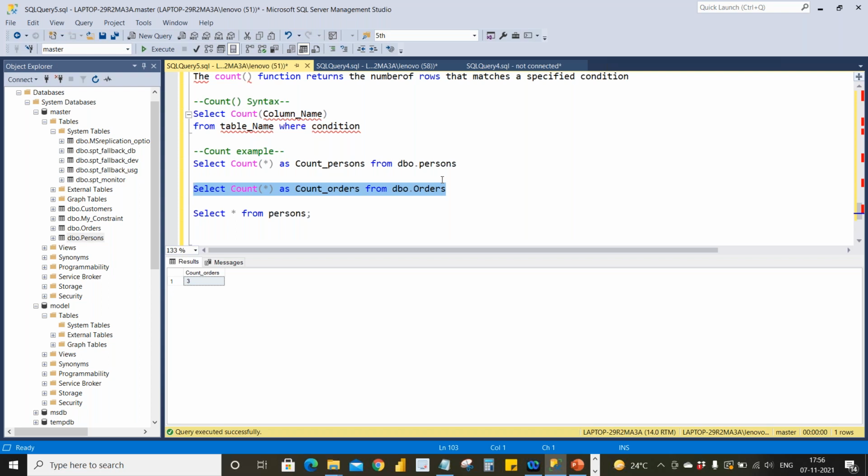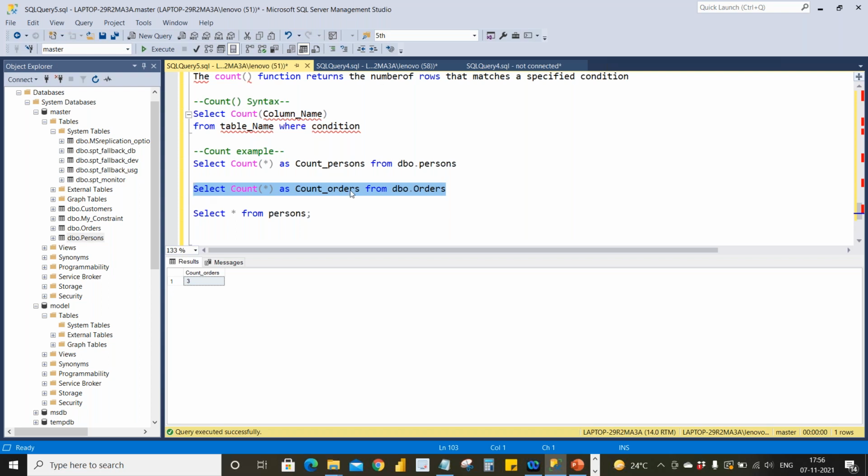If you need the total data, then you can give select star from so and so table and retrieve it. But if you don't require the total data, by getting the count you can give some conditions depending upon the requirement and execute it.